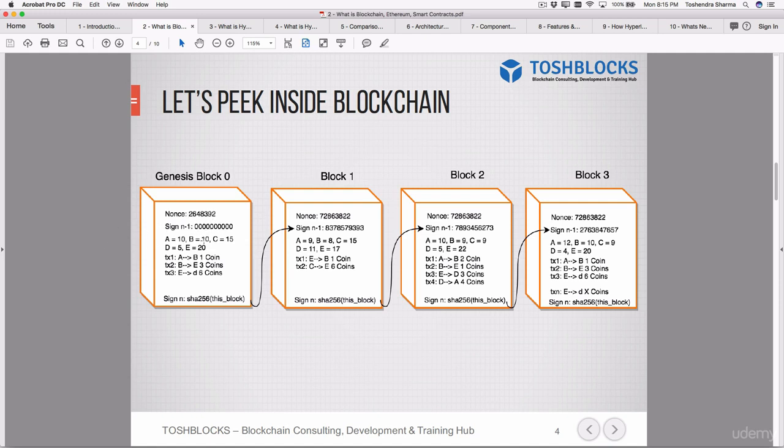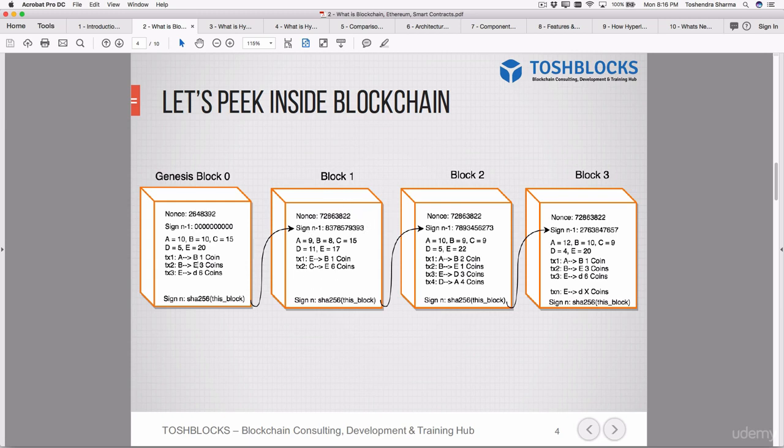Since it is the zeroth block, or the first block, the previous signature, n minus 1, would be 0. Then the whole block content will be converted into the signature of this block, called SHA-256. This is just an example here, and the signing of the block can be different based on the algorithms. Now the signature of the Genesis block will be embedded into the new block, and then